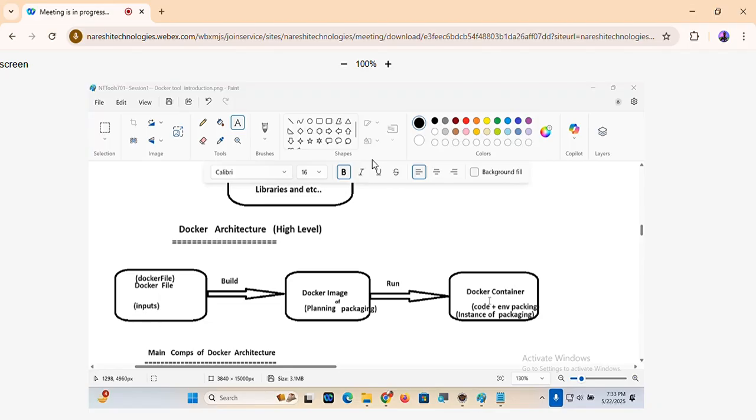Active instance which represents code plus environment. Docker file is the input file having what you want to pack, which application you want to pack, which softwares you want to pack. Okay, now listen carefully. Actually, in this file,